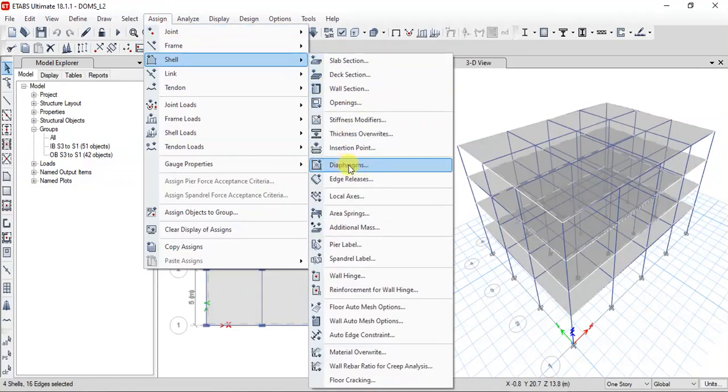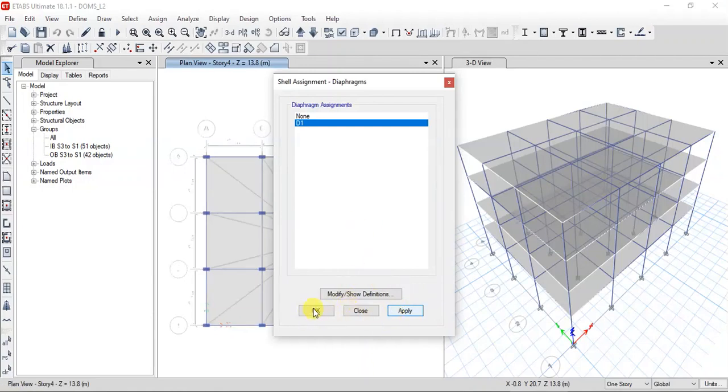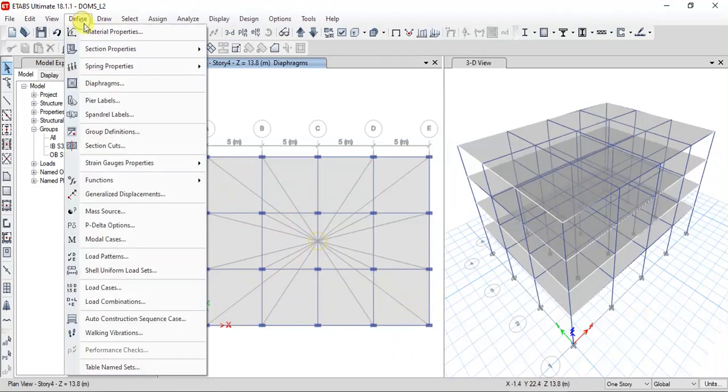Here you can see diaphragms. First we defined it, and now by selecting the slab, we are assigning the diaphragm. Assign to diaphragm, select D1, click apply, and then click OK. You can see that we have made the slab rigid, and it's concentrated at the center of this section. After this we'll define load patterns.